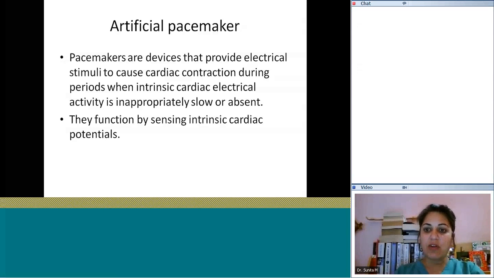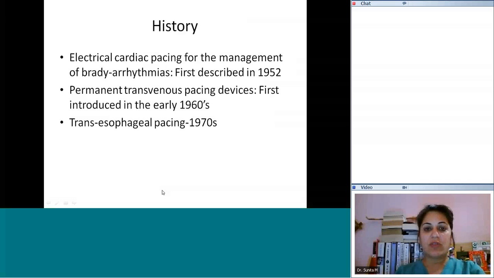Now how does it function? Typically by sensing the intrinsic cardiac potential. If that intrinsic cardiac potential is not there, then the pacemaker will release a little electric stimulus which will cause a cardiac contraction. Now this electric cardiac pacing was actually first described in 1952, so about 60 years ago, and